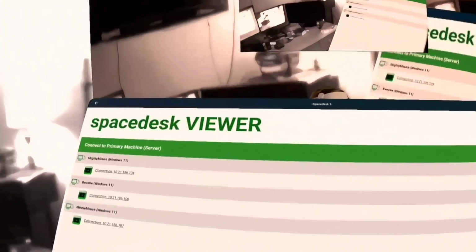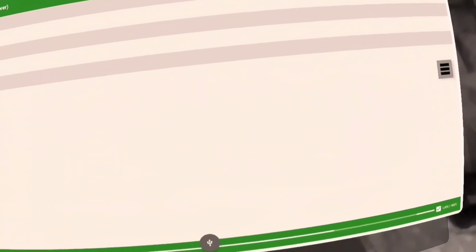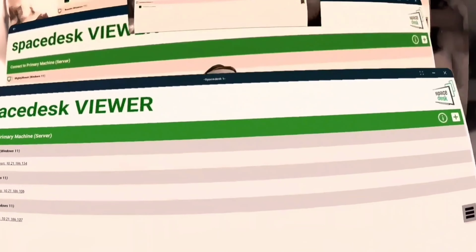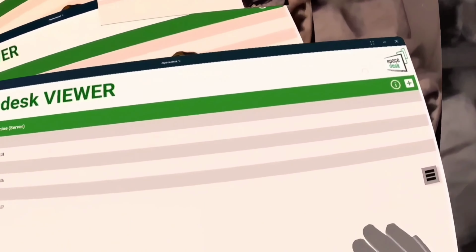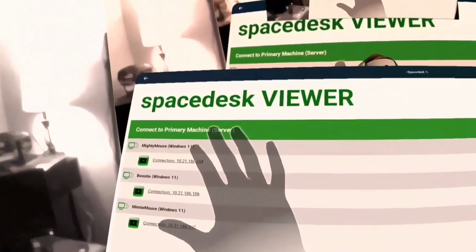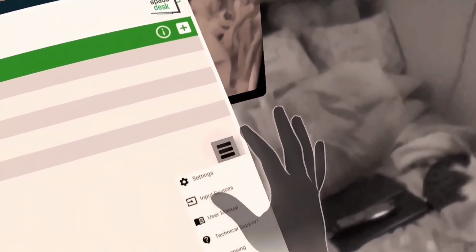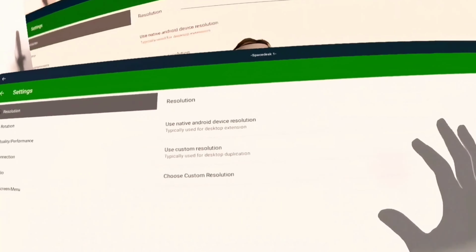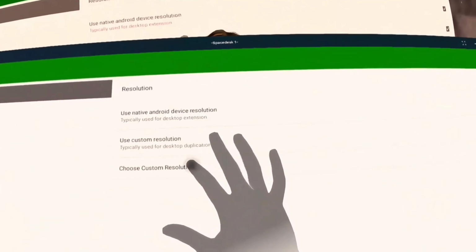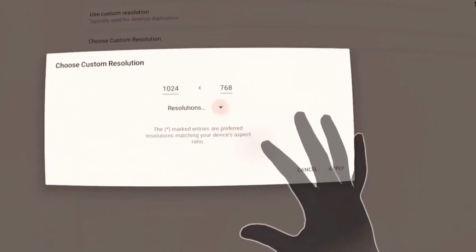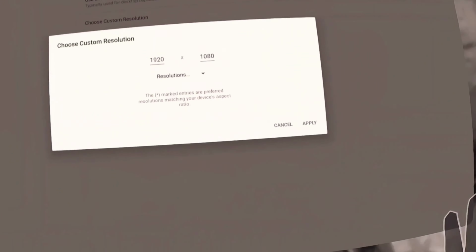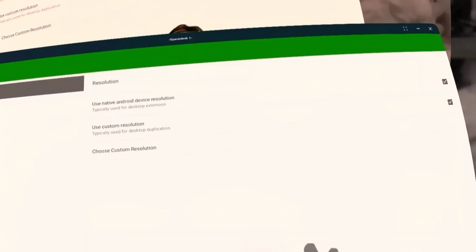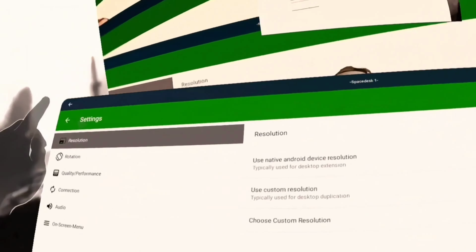I would recommend not using more than one virtual monitor per PC to play back audio, because you tend to get echoes. Let's go over here to settings, choose a custom resolution. Now I should have 1920 by 1080 available to me. I do. Now when I go back in, that